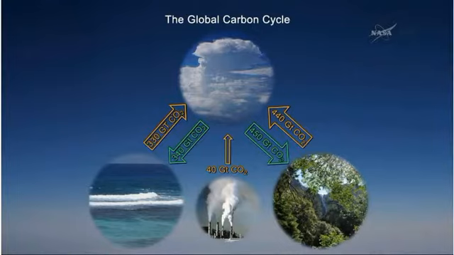So you can see on the top we've got the atmosphere. That's the part of the world we're going to measure. When we burn all our fuel and our gas and our coal, that's where the carbon dioxide goes. But it doesn't just sit there all alone, right? It interacts with other parts of the system. So we've got the oceans over there on the side, and the oceans can actually absorb and dissolve carbon dioxide.